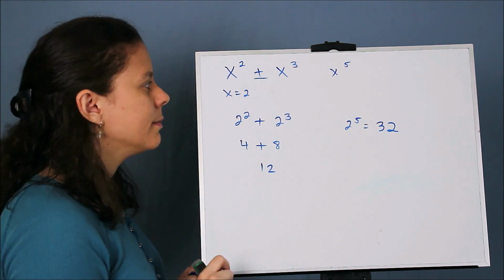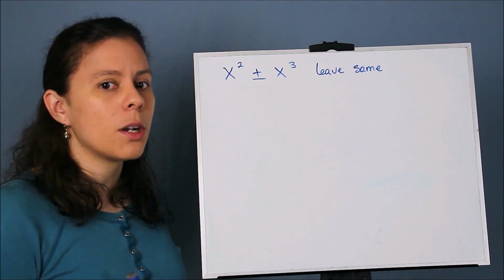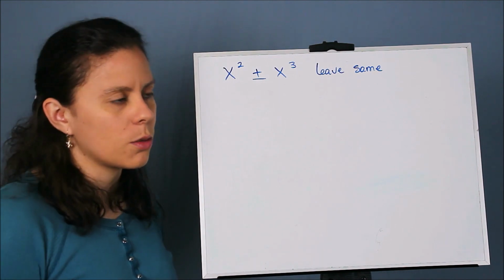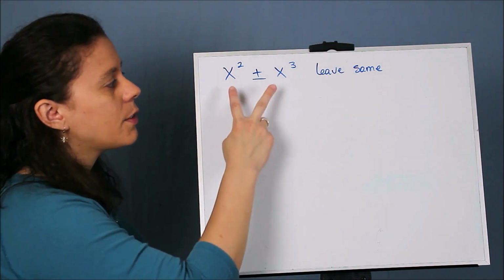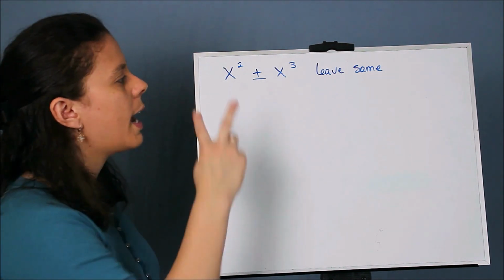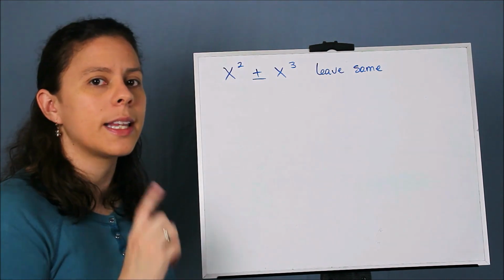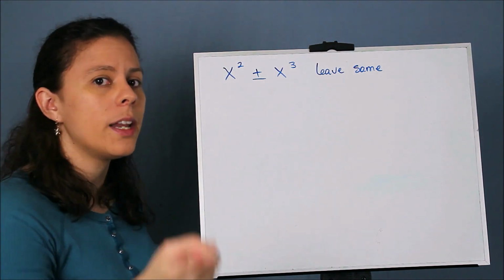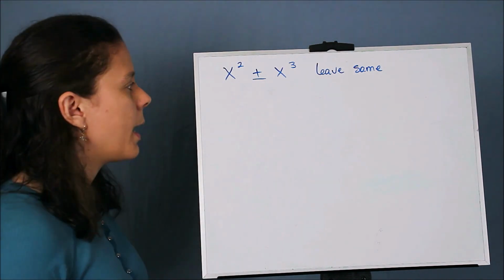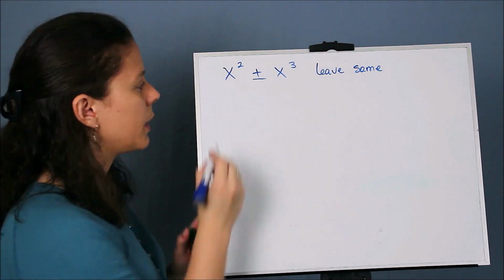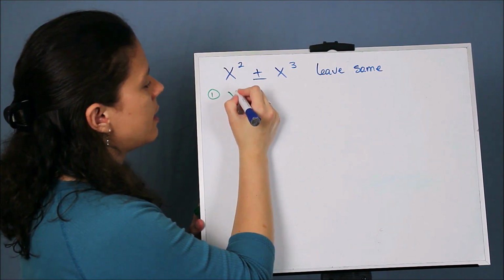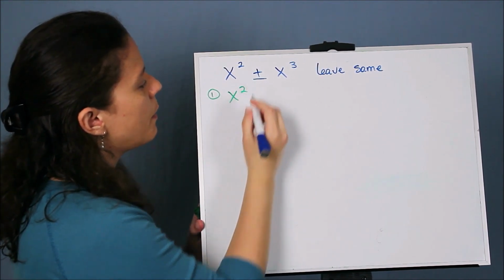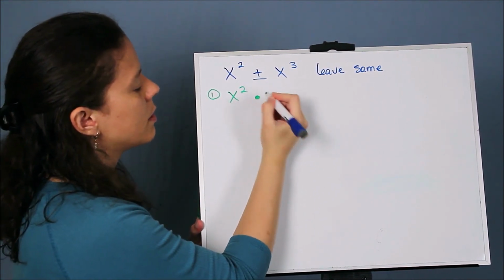Okay, now that that's out of the way, let's talk about the real rules of exponents. The first thing I want to talk about is that, at least for the first two rules, we have to have the same base, and they have to be either multiplied or divided. So let's start with the multiplication one. Number one, when we have something like x to the second power times